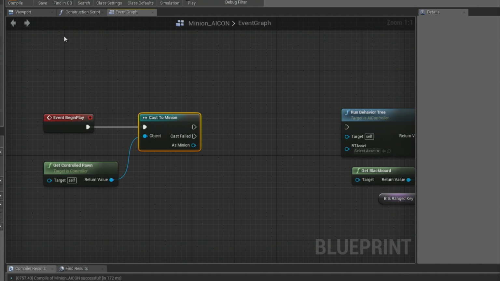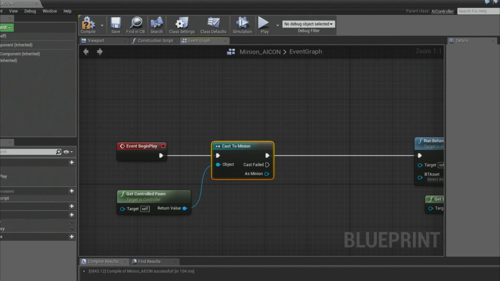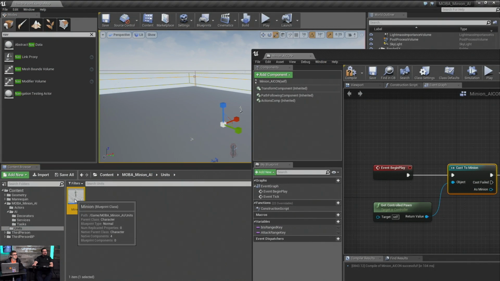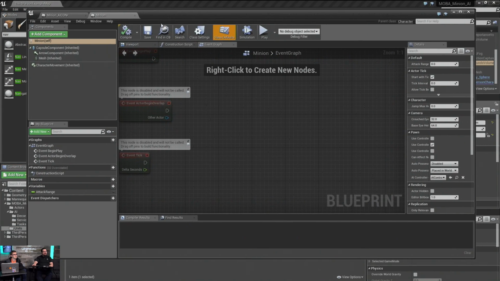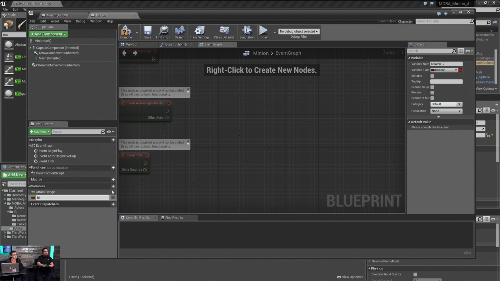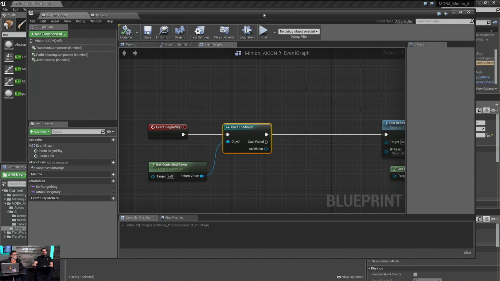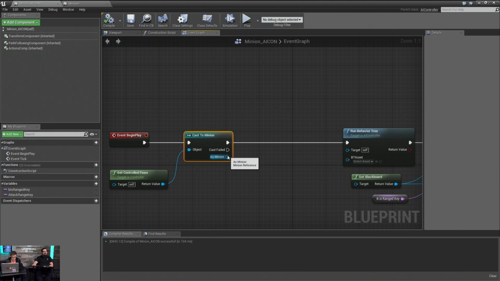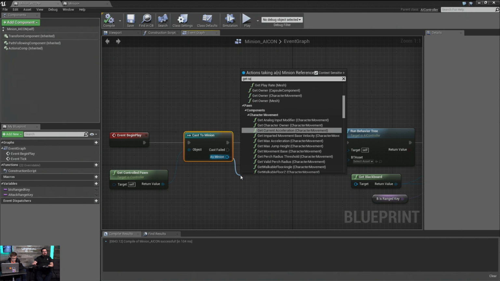Actually, that is a really good point. We could do it basically off the range, but we're going to quickly go back to our unit here for our minion. We're going to add another variable, and we're just going to add B is ranged. Arguably, we could just do it based off of the range being of a certain distance or not, but then that gets weird, because what if my melee is too close and I have to go find it and hunt it down? Then we're doing a bunch of math where we could just do one Boolean check and it'd be good.